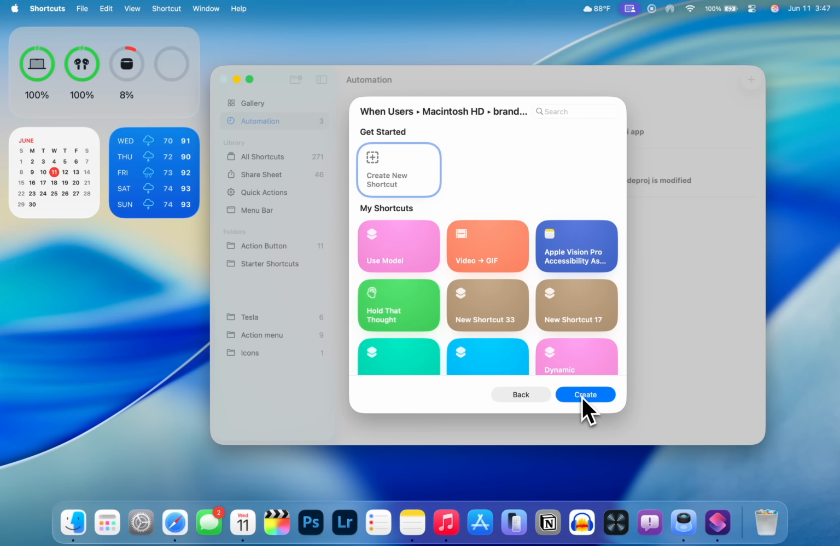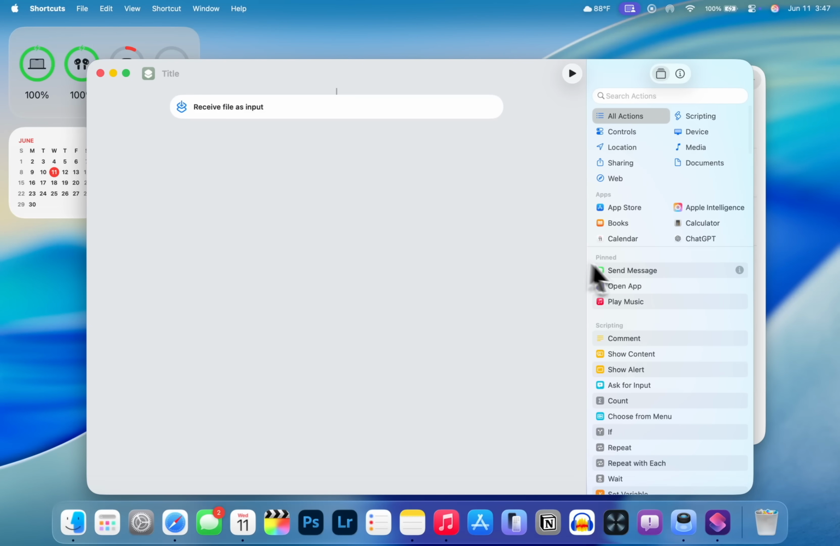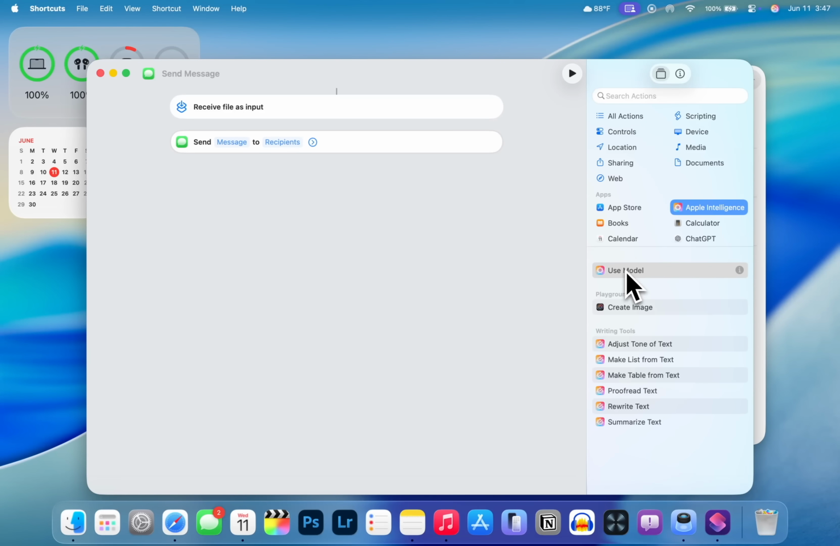So if you want to send an email or send a message, you can do that. You can just plop it in over here, and that will trigger once that automation trigger has been achieved. Now also over here, we have Apple Intelligence. So we now have Apple Intelligence support inside of Shortcuts, not just for automations, all shortcuts in general on macOS